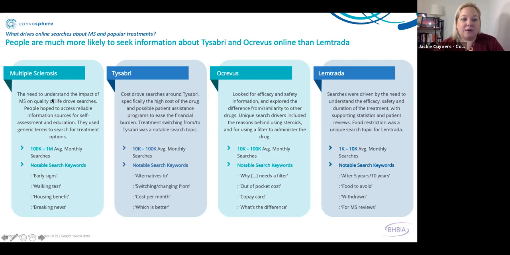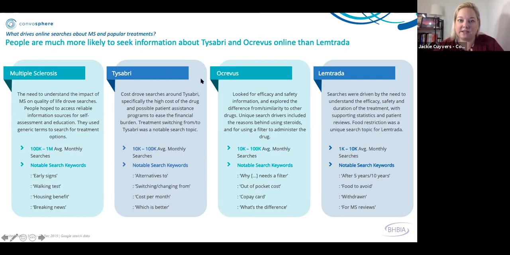So within MS, people were trying to just look at the disease itself. There are between 100,000 and 1 million average monthly searches on that in the US. Some of the keywords that are often in the search phrase together with MS are also early signs, walking test, and breaking news. So you can see when they're looking at the disease itself, they're thinking they might potentially have it, what are the potential tests, what are things to look out for,